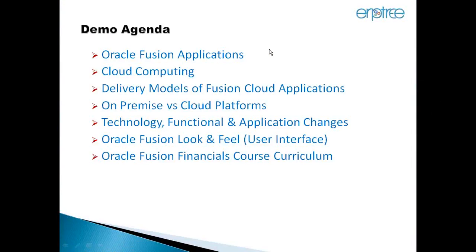So this is the agenda we have for today's discussion. We'll talk about what is the meaning of fusion applications, what it means by cloud computing, and why we are calling it Oracle Cloud. We'll look at the different delivery models or options available from Oracle for cloud customers, and the primary difference between on-premise and cloud platforms.